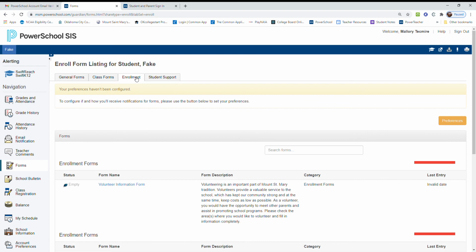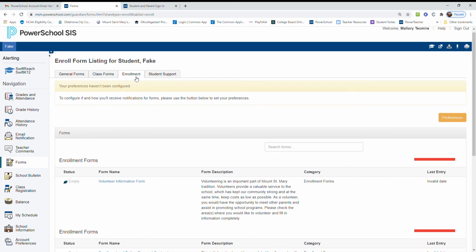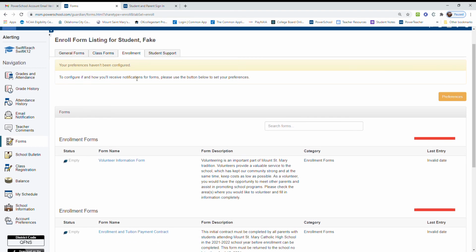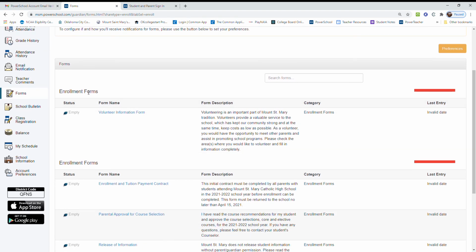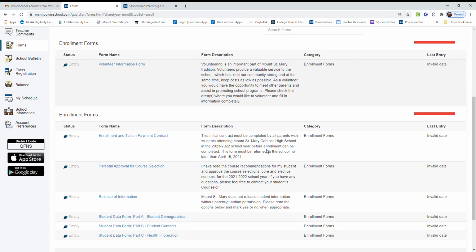And under the enrollment forms is where you will find all of the enrollment forms that we need for you to complete in order to verify and complete your student's enrollment to Mount St. Mary. This first form is our volunteer information form. It is optional. And then all of the forms under the second enrollment forms tab will be the forms that we will need in order for you to complete your student's enrollment for next school year. So if you click on the form name,